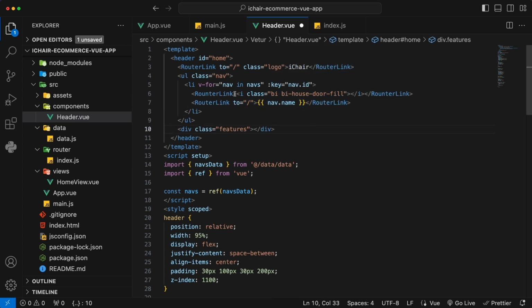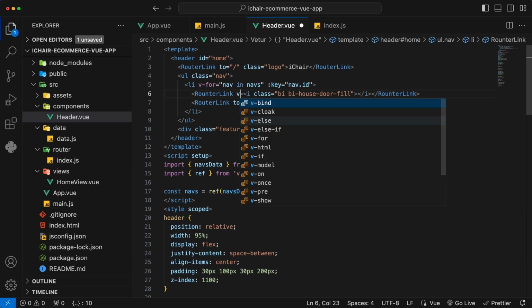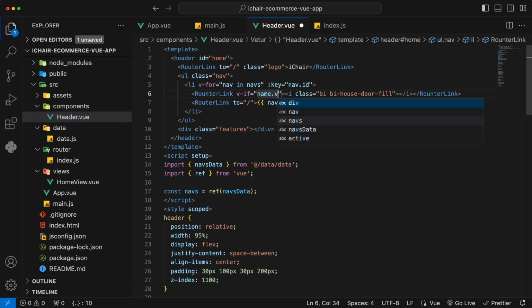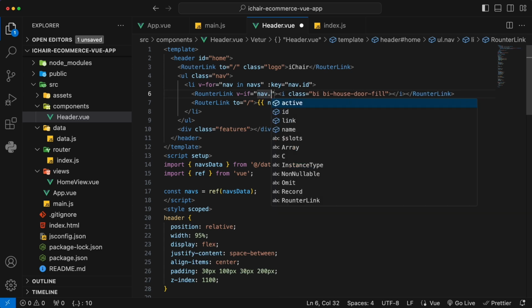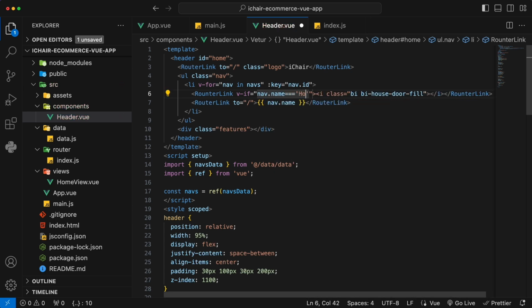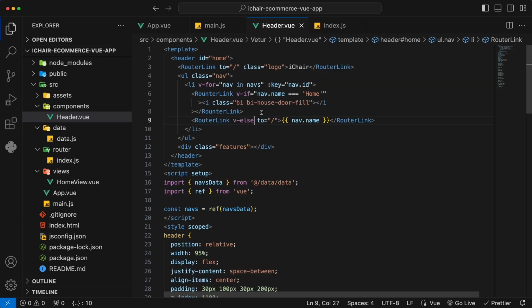All right. How are we going to handle that? We use something called v-if. So we're going to say nav.name triple equals home. If that's the situation, we're going to show this one. Else, the second line is going to be v-else. Else, we're going to show the name. All right. Very easy to handle. It's like the if-else statement traditionally. And once you've done that, going back,